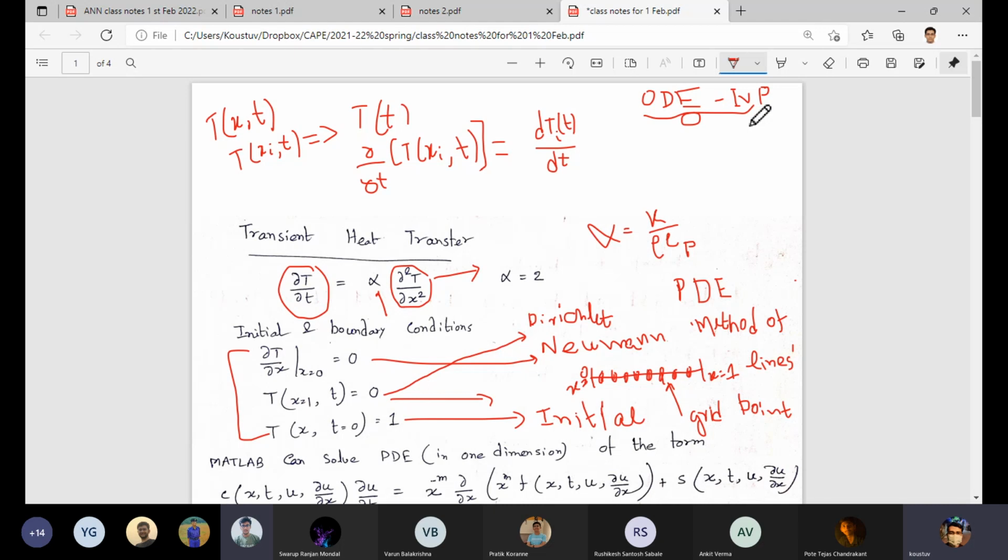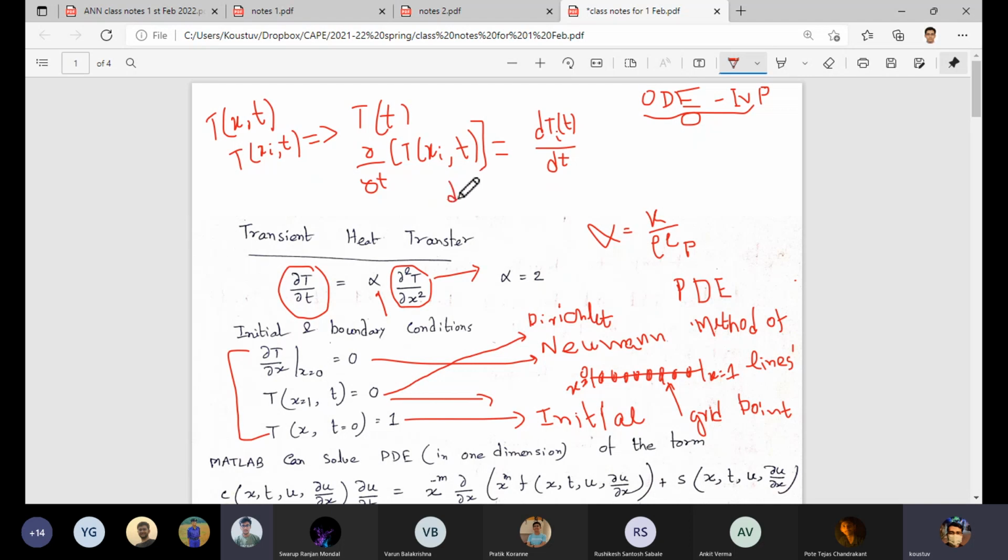So a wide variety of solutions is available, whereas in partial differential equations there are solutions available, but oftentimes it is restricted. We come across such problems, and therefore this kind of approach is very easy, that we convert each of these systems of equations, or rather each of these PDEs, into several systems of ODEs.